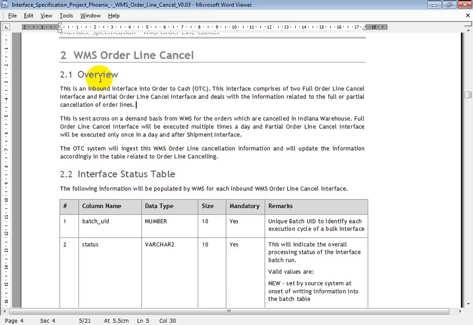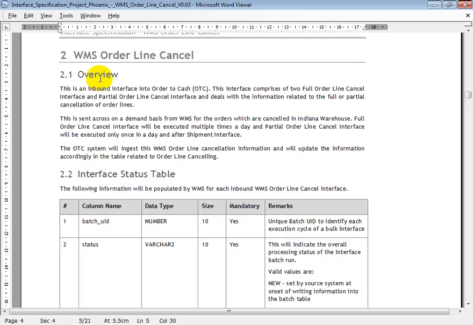Before, we don't request for shipments, but instead we have to request NDT to get the partial order or full order information, whatever is as per your requirement, for this so-and-so order. You have to specify the order reference number and all. For that, the NDT will provide you the data. After that, once they say that they are done, you need to run this inbound interface jobs. That I'll show you. So this is the whole process.